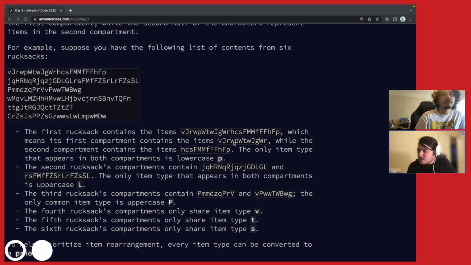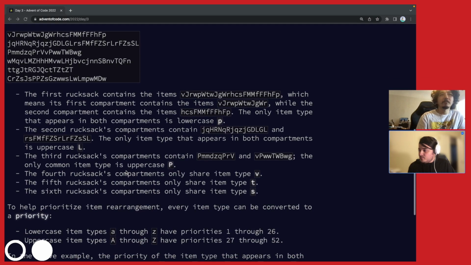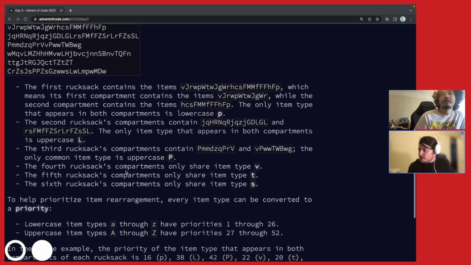So that's what? 1, 2, 3, 4, 5, 6, 7, 8, 9, 10, 11, 12. Yep, 12. I can confirm that that's half. Okay, the only type of item that appears in both compartments is lowercase p. So for the second compartment, the only common item is L. Third one only has a common item, capital P. So, and then there's more of that. Okay, so to help